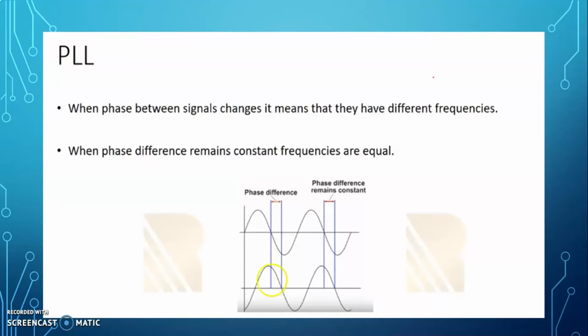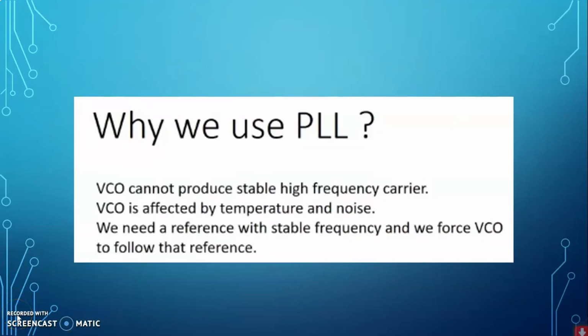We know the conventional oscillators such as the crystal oscillator, Colpitts oscillator, Hartley oscillator, Wien bridge oscillator, etc. These conventional oscillators are used to generate a constant frequency signal, but the frequency of oscillation is low, in the range of a few kilohertz to some megahertz. This signal is not directly used as a carrier signal for communicating radio frequency signals.